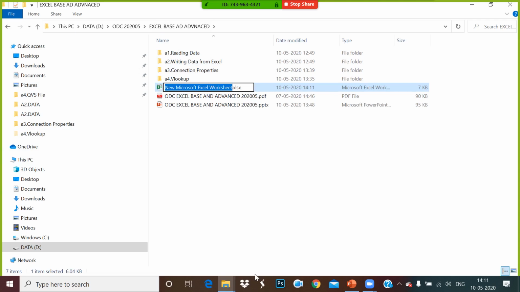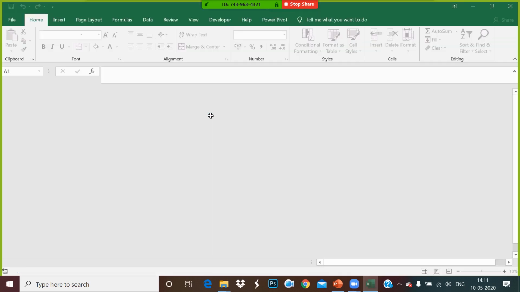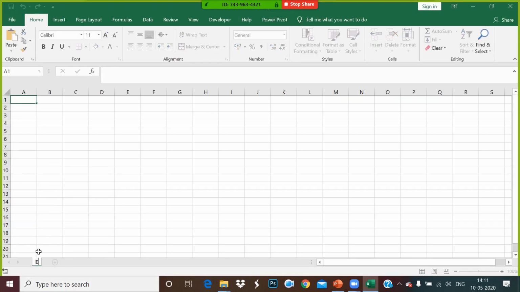We'll start with the first one, Excel data reading. So we'll start with the Excel versions.